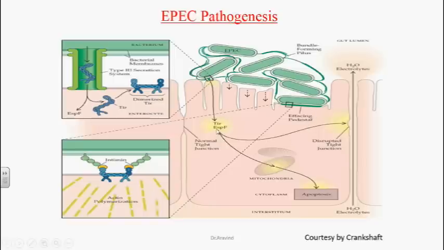Not only that, the E. coli secretory proteins and Tir receptors can also break the tight junctions between the cells, so the interstitial fluid present below the lamina propria will be excreted out, so that the diarrhea will be increased. And one more thing it can do is cause apoptosis of the cells. The cells at one point of time will be destroyed; you can especially see this apoptosis in enterohemorrhagic E. coli. These E. coli secretory proteins can even cause apoptosis.